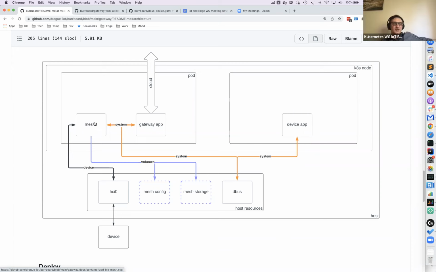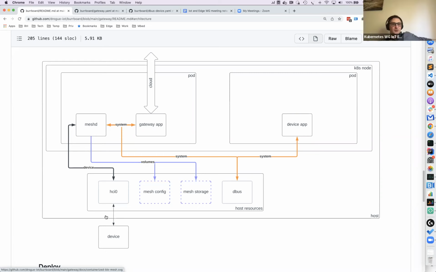That's a Bluetooth mesh daemon, which communicates directly with the device, usually the HCI. So that's like a Linux OS device. Yeah. And in order to get that to work in Docker, does it have to run as a privileged container to get access? Yeah, we'll get to that. Okay.